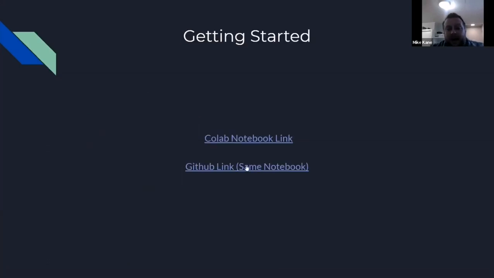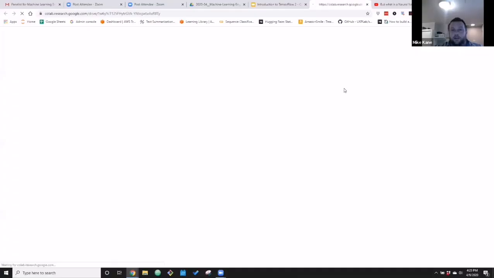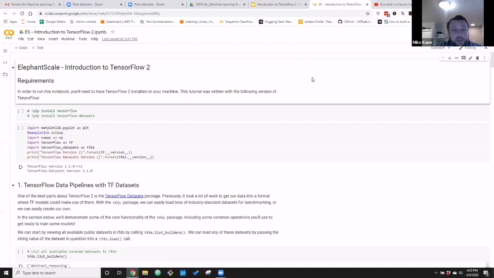Okay, there is a link to a Google Colab notebook in the document, and I would like you to go ahead and go there. You'll also find it in the Google Drive folder that is shared in that document. A lot of ways to get here. If you prefer to run this on your local machine, we have a Git repo. You can do that as well.